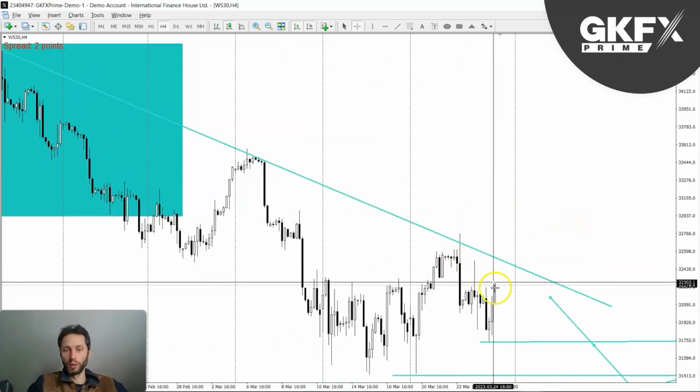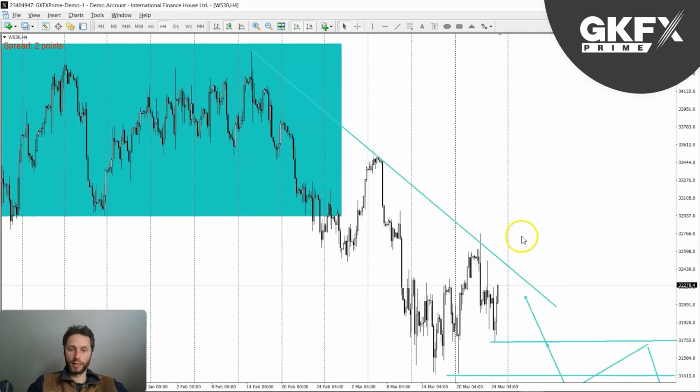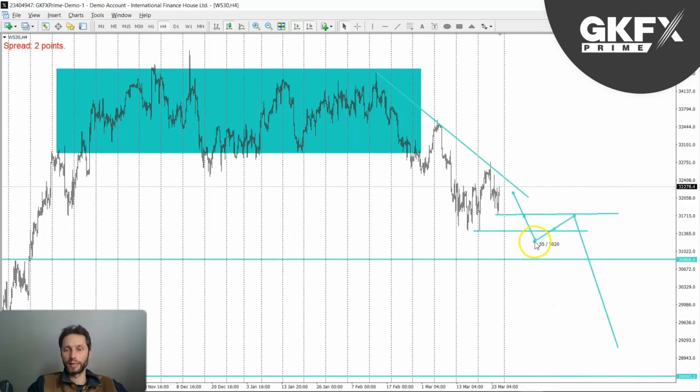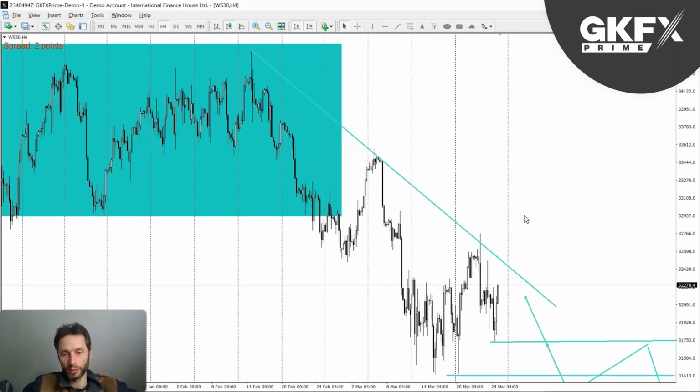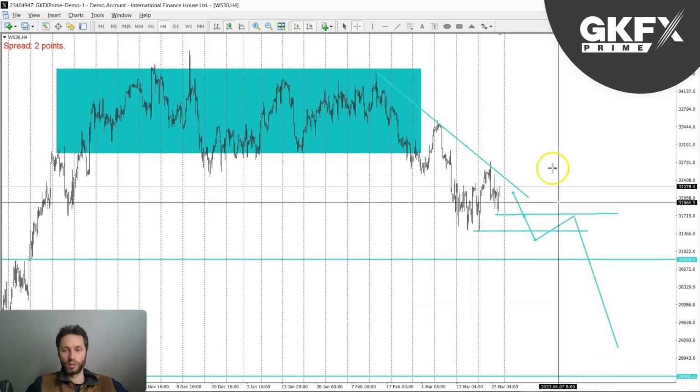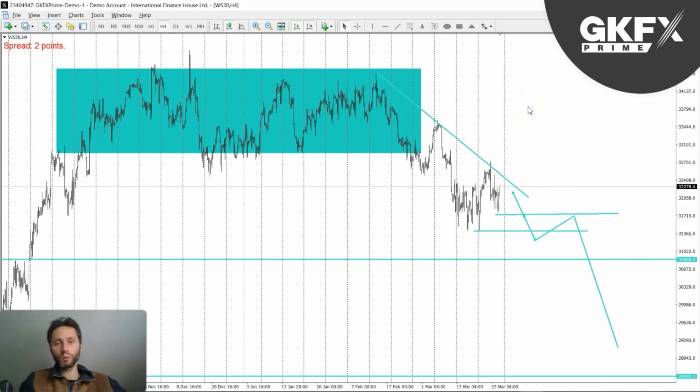I don't know if it will. What I would be expecting is a breakdown. Once I see that breakdown, that will be a nice clearer indicator, and let the price action tell us what it wants to do and how the market wants to move. But certainly a break, pullback, and then continuing to the downside would be what I would prefer in order to take a higher probability scenario.